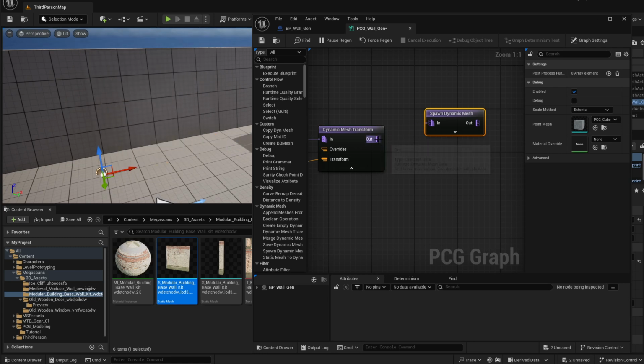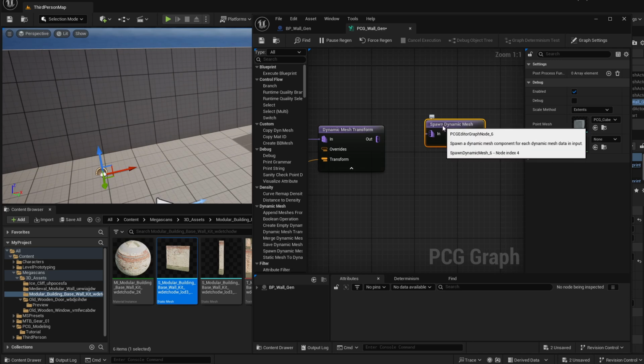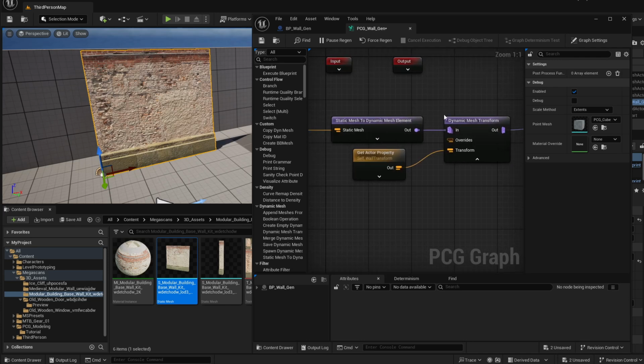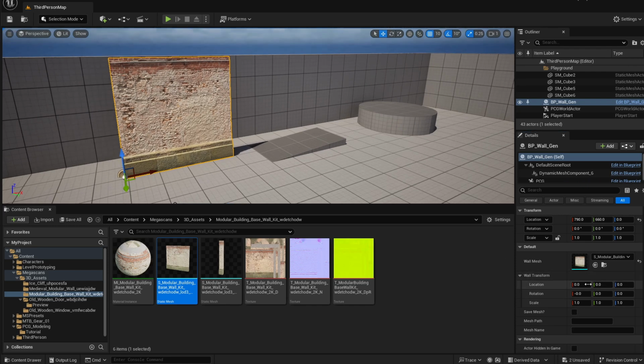So let's click on this connection. You'll see if I don't have the connection to the spawn dynamic mesh, I'm not spawning anything into my level. So let's spawn the mesh, and now let's go back into our level here. Let's mark our blueprint actor. And here in our wall transform, we can start changing these values to see that we are able to move the wall the way we want